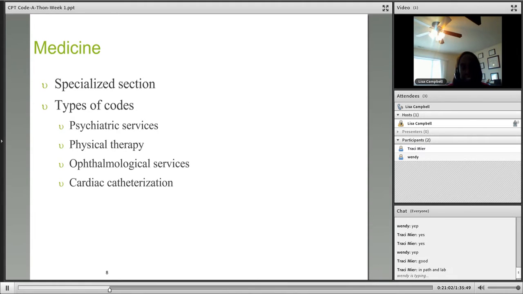And then the last section of category 1, I kind of call it the garbage can section. The reason that I call it the garbage can section is because anything that we couldn't code in the first 5 sections, we can code it in the medicine section. So we're coding things like vaccinations. We're coding things like psychiatry services. We're coding things like physical therapy, occupational therapy, chiropractic services,